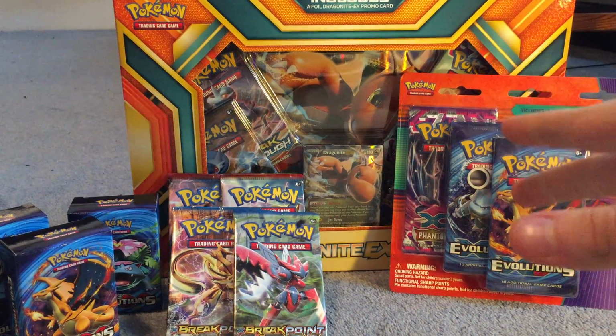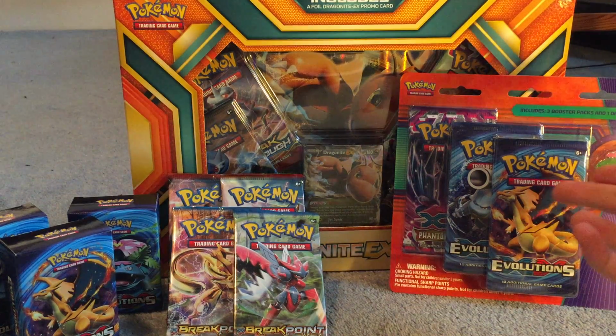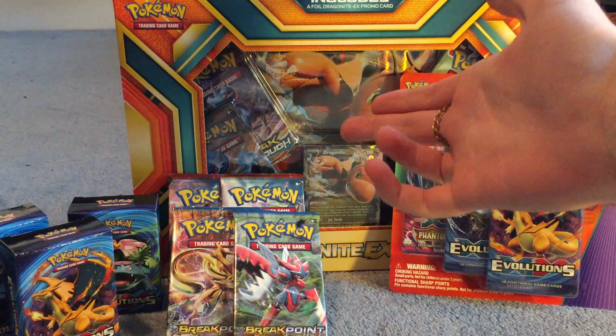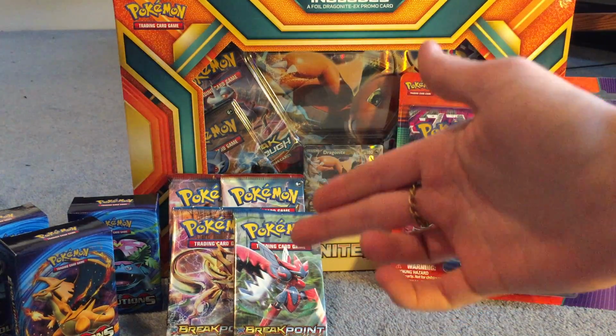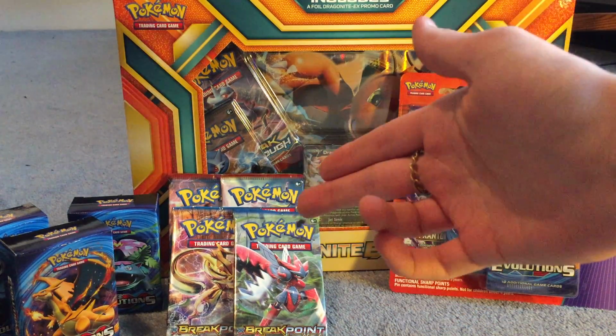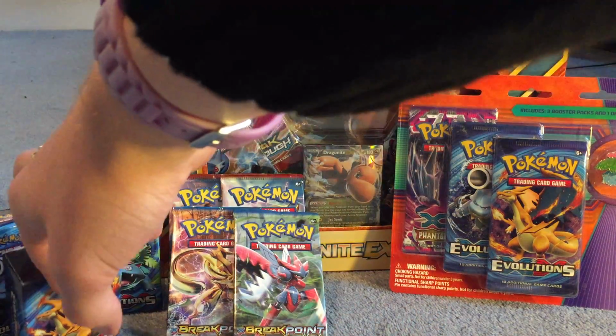Today we'll be opening up the December Pendrake subscription box. Inside we've got the Venusaur badge pack, the Dragonite EX box, and 4 boosters from the Break series, Breakpoint and Breakthrough. And for some reason, I'm not exactly sure what these do, but